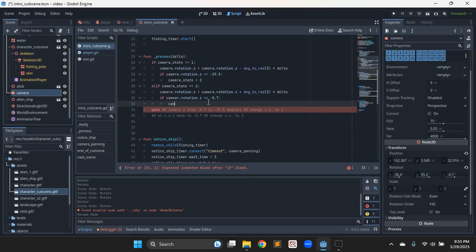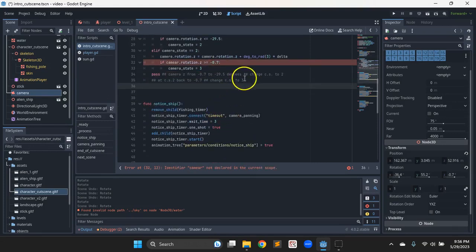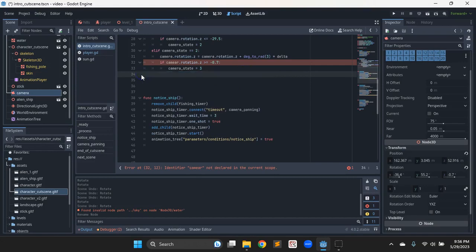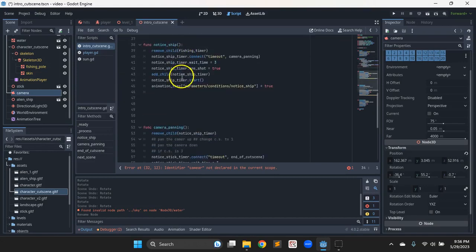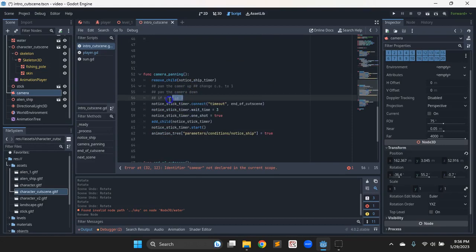Then we want to set the camera state equal to 3. Don't need that pass command anymore. And then we'll come back down here, and if our camera state is equal to 3,